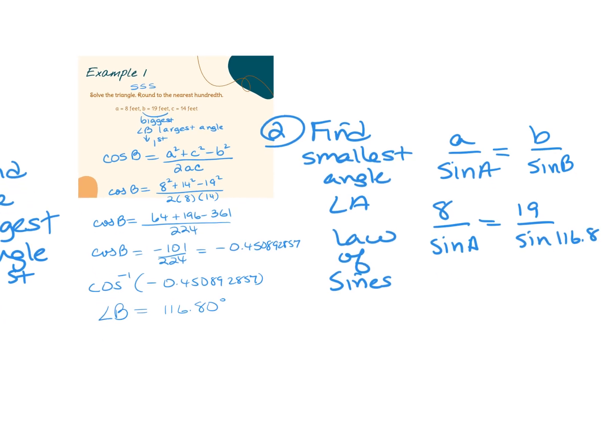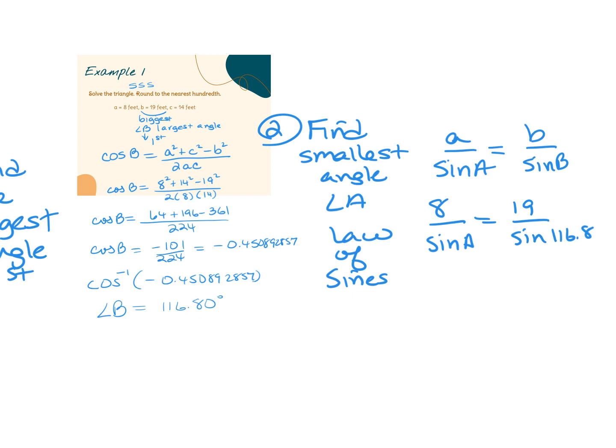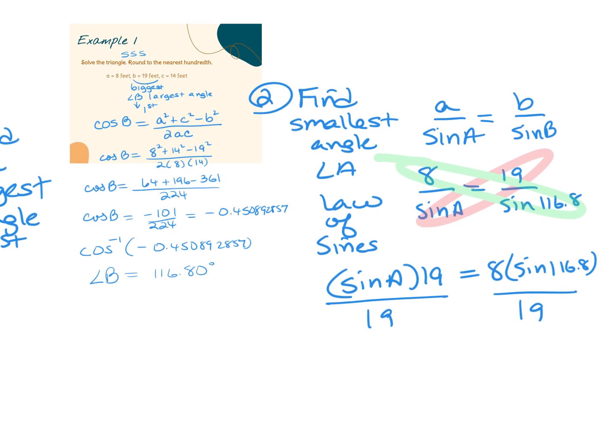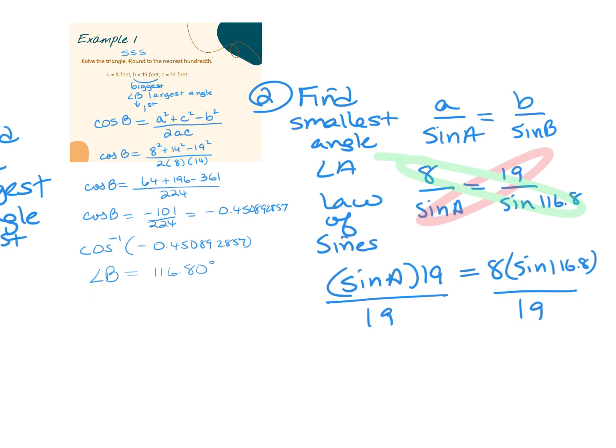Now I'm going to cross multiply, so I multiply diagonally: the sine of A times 19, and 8 times the sine of 116.8. So now I get the sine of A times 19 equals 8 times the sine of 116.8. I'm dividing both sides by 19. Remember, we are looking for an angle measure, so we're going to need to do inverse here. Once I divide, I get sine A equals